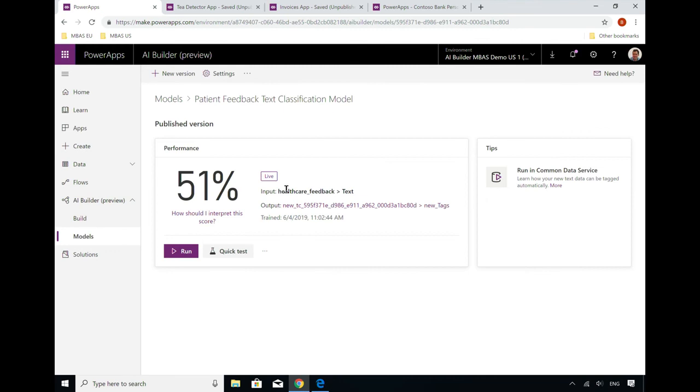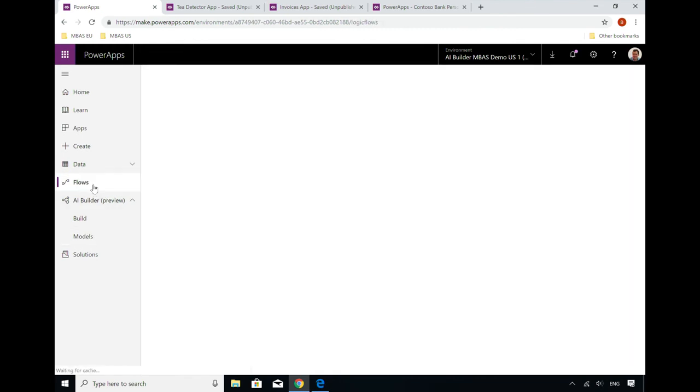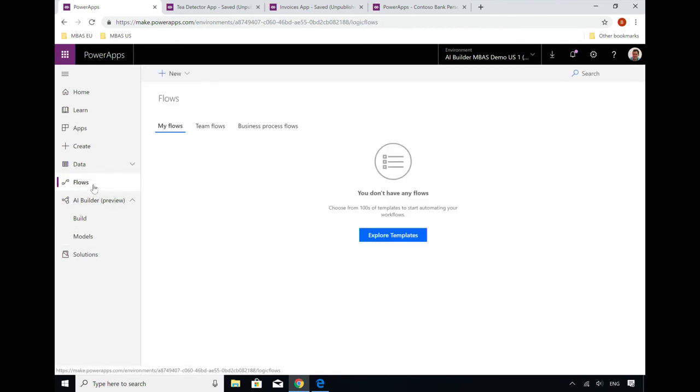And so how do you use this? You can use it in a flow. When that model is built, you can invoke it from a flow. So you can basically pass it any text, invoke the model, and then process it the way you want. So in that example,